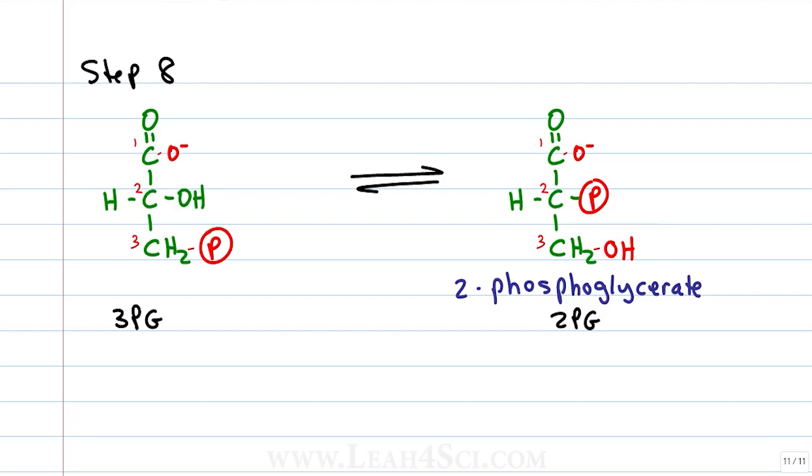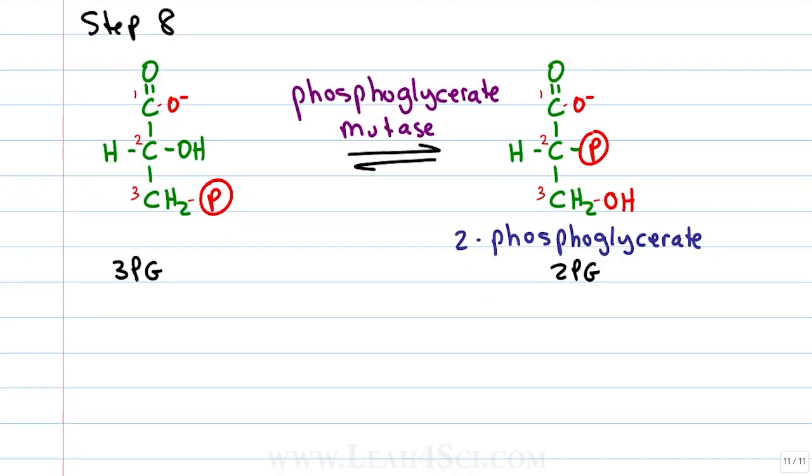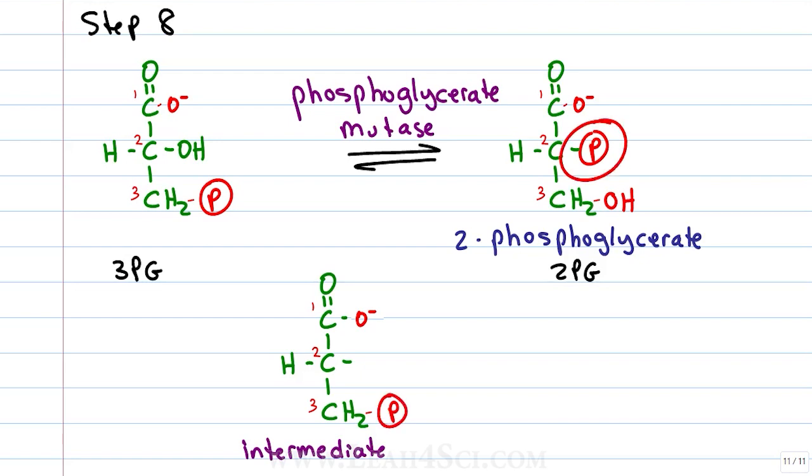This looks like a simple, straightforward isomerization reaction, but the enzyme phosphoglycerate mutase is not a straightforward isomerase. Phosphoglycerate, because it's moving the phosphate group on a glycerate, but mutase, it's creating this isomerization reaction not by moving it, but rather by first mutating the molecule. What? The intermediate for this reaction still has the phosphate group on carbon number 3, but it also has a phosphate group on carbon number 2. The mutase works by adding a phosphate group on carbon 2 and then removing the phosphate group from carbon number 3 to form a very stable intermediate called